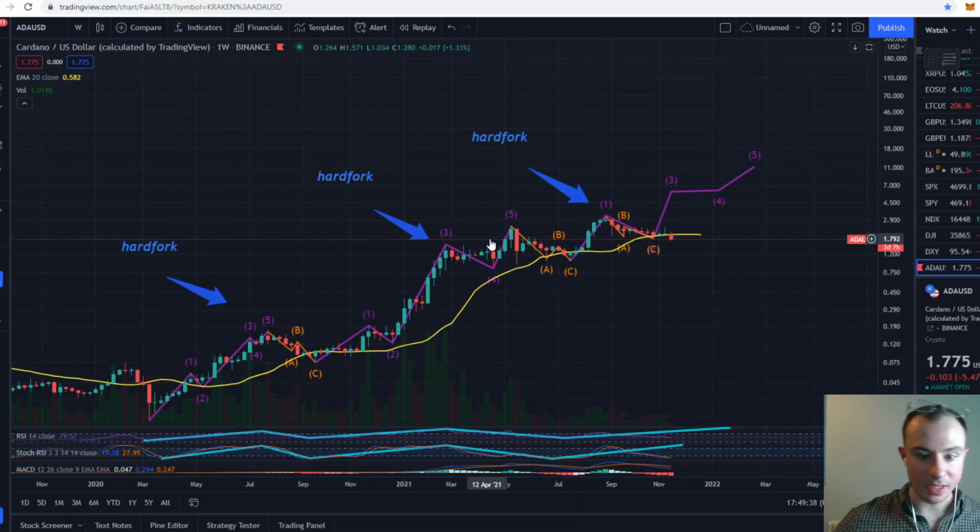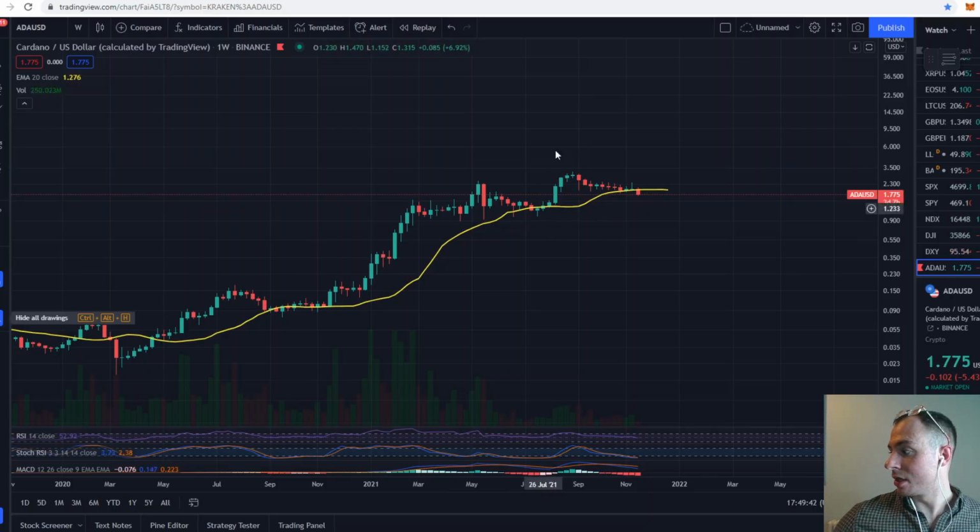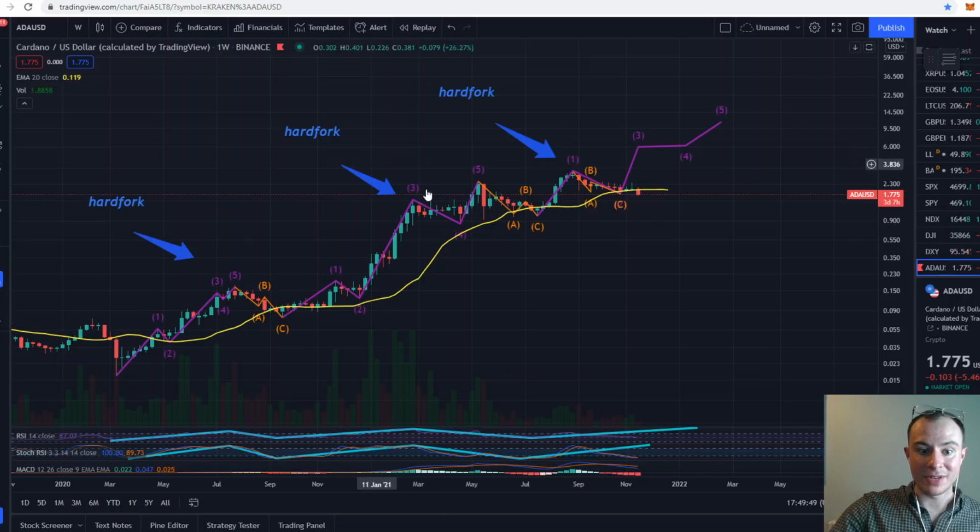Let me take all of this off, actually. This over here, what I'm circling with my cursor, was very premature. This run up was based on the Alonso hard fork. To flip this back, after every hard fork you have a prolonged period of consolidation. So there's nothing out of the ordinary. Also, if you look at this